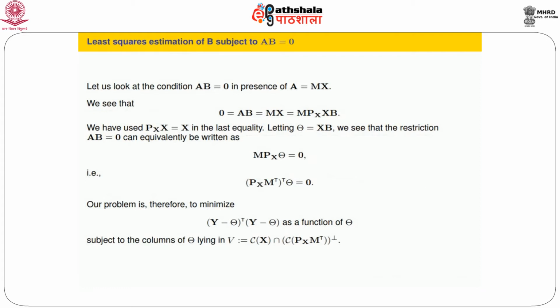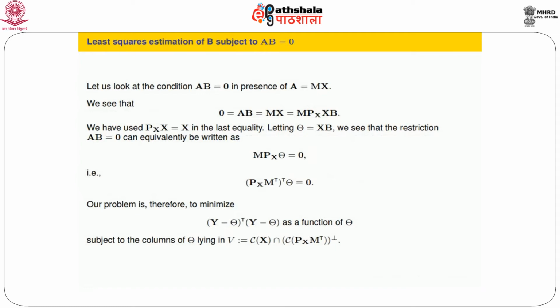In the preceding steps, we formulated the problem of constrained minimization of B as one of unconstrained minimization. How? Now the role earlier played by C of X is played by this V, which is given by C of X intersection something. So if we can get hold of a suitable expression for the projection onto V, then we are done. Once we have identified this vector subspace, the problem of finding the constrained least square estimator of B can be addressed in exactly the same way as unconstrained estimation, with PV playing the role that PX played earlier.